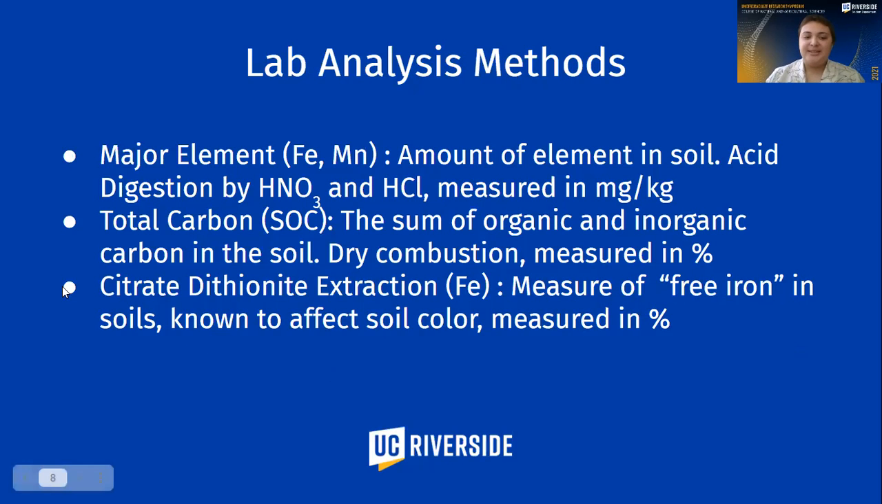These were the 3 lab analysis methods used to determine the concentrations of the constituents that I used in this study. So first is the major element analysis, which was used for iron and manganese. It just determines the amount of the element in the soil, and it's done by acid digestion by nitric acid and hydrochloric acid and measured in milligrams per kilogram. And a big component of this is they wanted to maximize the amount of concentration measured while minimizing the interaction with the matrix of the soil. So that means all the other components of the soil that were not relevant to this major element measurement,